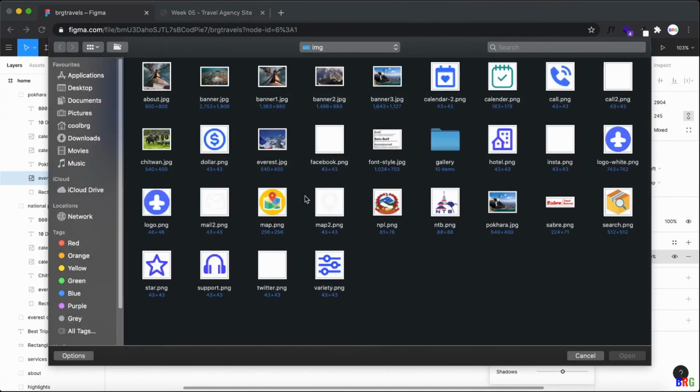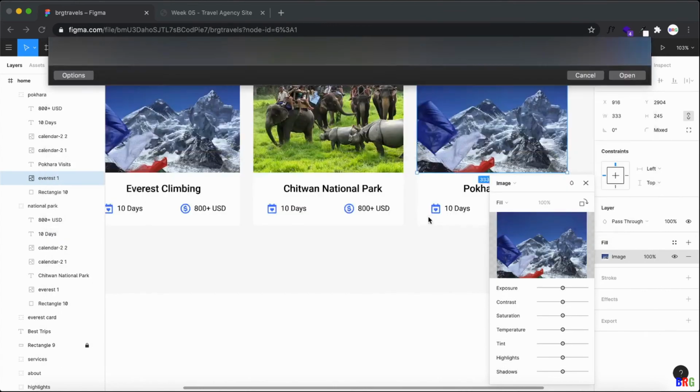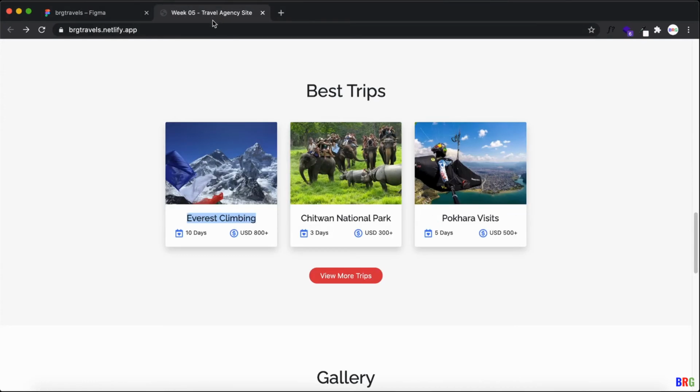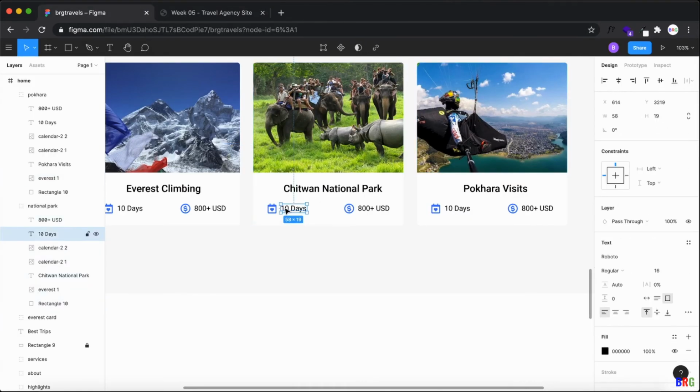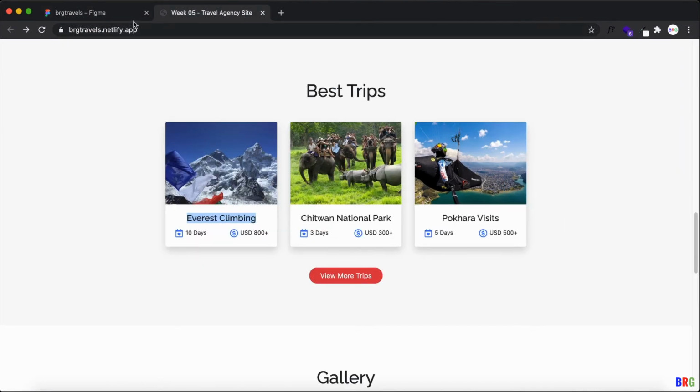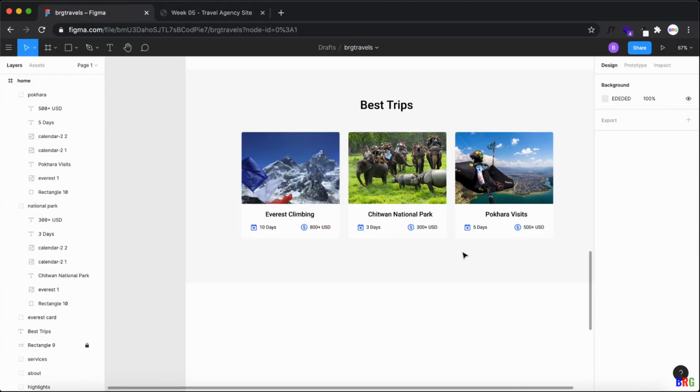Rename to Pokhara. Now this is 5 days, 3 days, and 300, 5 days, and 500. Here 3 days and 300. Here 5 days and 500. Now you get this nice effect.